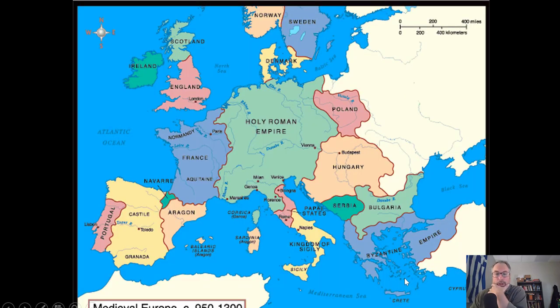And then fast forward again through the early part of the Middle Ages, things start to fragment more and more. Territory is starting to creep down into the Byzantine Empire. It's hanging on, you can see, but it's running out of gas. And you can start to see the other parts of Europe becoming more familiar. If you were to glance at a map of Europe today, you'd see things you recognize: France and Spain and Portugal and England and Scotland and Ireland and Poland and Hungary. It's starting to take on that shape that is more recognizable to us today.